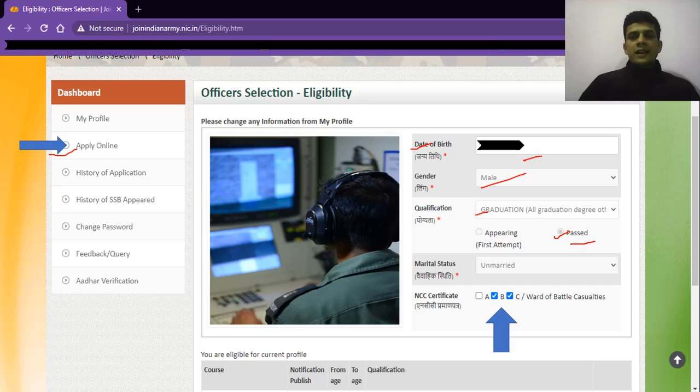You don't have to fill it again. And married or unmarried, most of the time 99.99% it is unmarried. So the only thing you have to mention over here is your NCC certificate, which NCC certificate you have. Like I have both B and C, so I have clicked both the B and C.